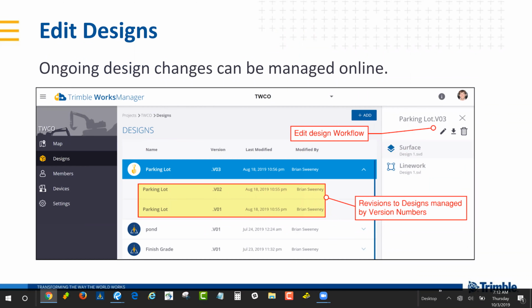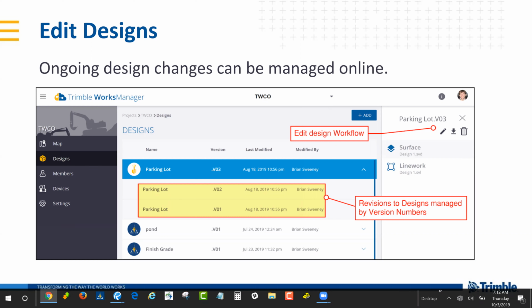During the course of the project, you may have a change on the design or may need to make some revisions. You can go ahead and edit that design at any time. What this will do is make a revision to the design. So you can see in this example, I've got 3 revisions, and I've got the complete audit history of what happened when. So I could go back in time, and if I needed to figure out what was in design 1, I can select design 1, download it, check to see whatever I'm investigating,